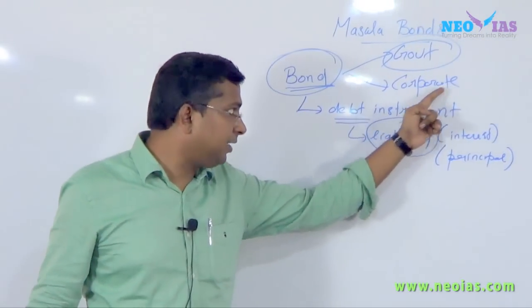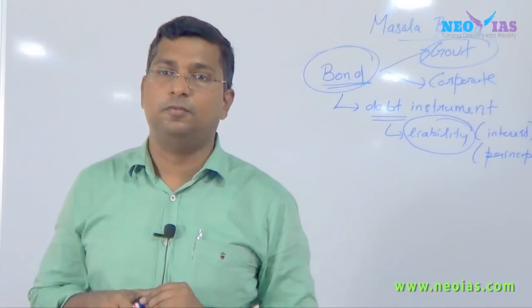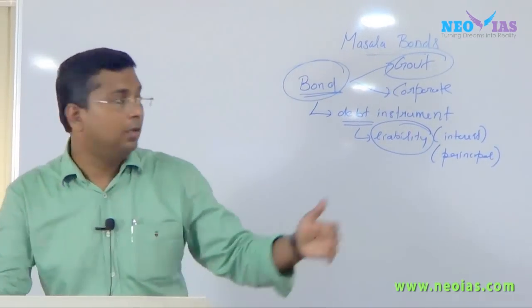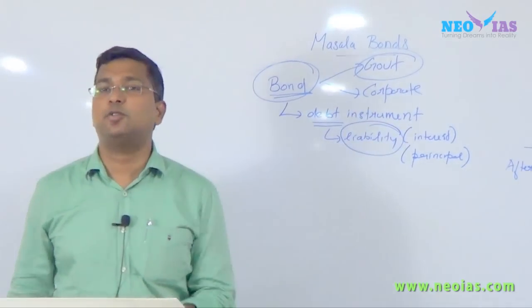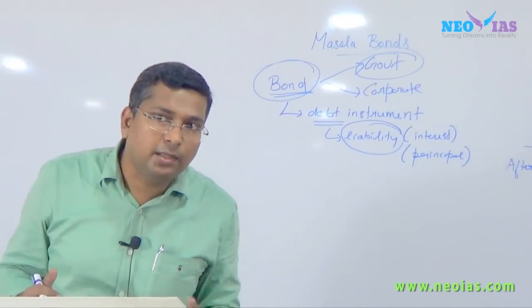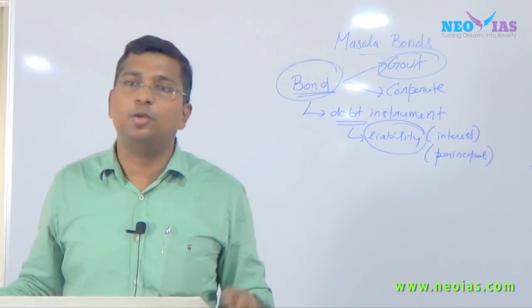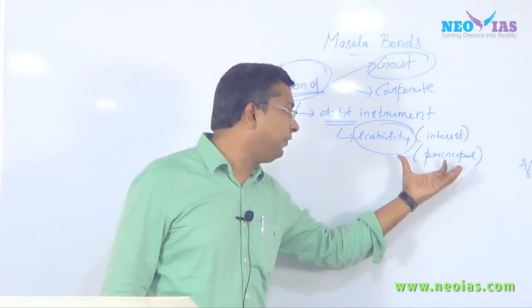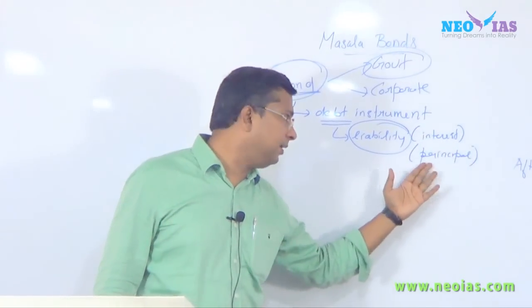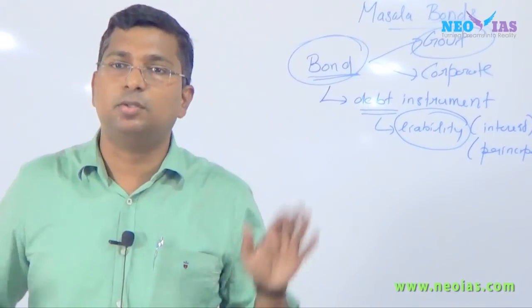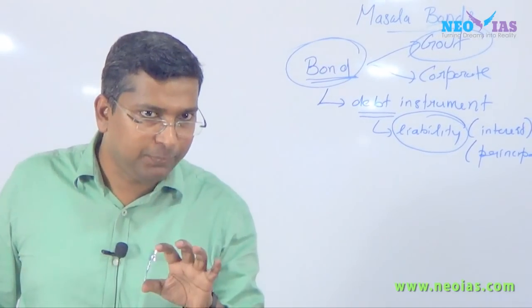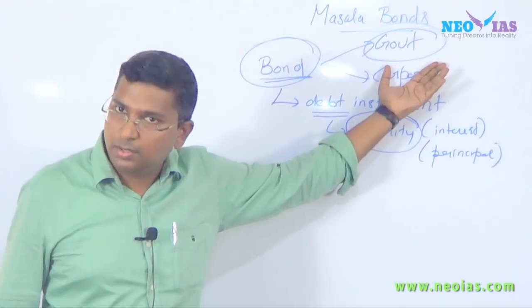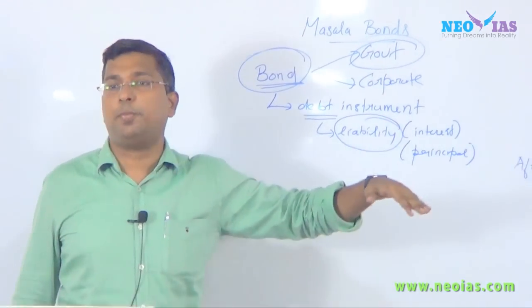Similarly, if corporates require funds for their business activities, especially if they want to go for business expansion, then they can also issue bonds and raise funds. So bonds basically help the government and also the corporates to raise funds, but the problem with bonds is that they are basically a liability. They have to pay interest regularly and they have to pay the principal once the bond gets matured. So this is all about bonds. Very simple. It's a debt instrument issued by the government or by the corporate to raise funds